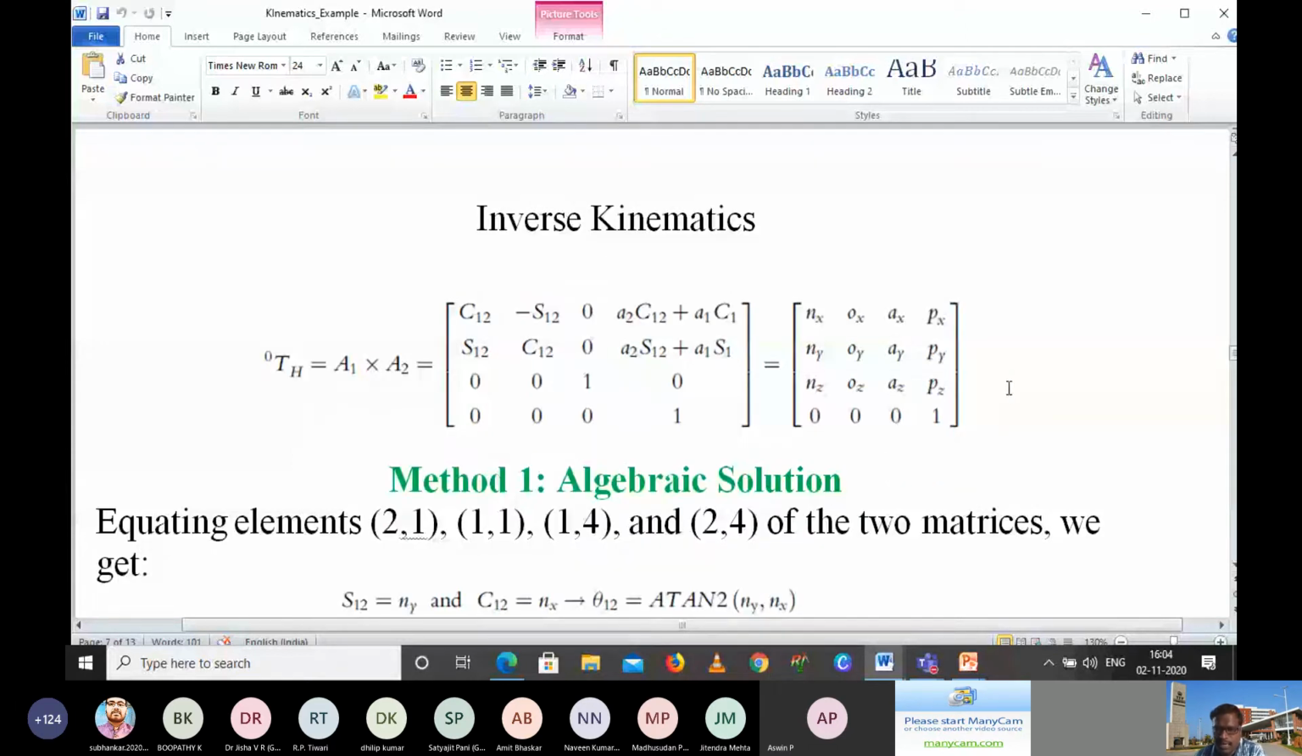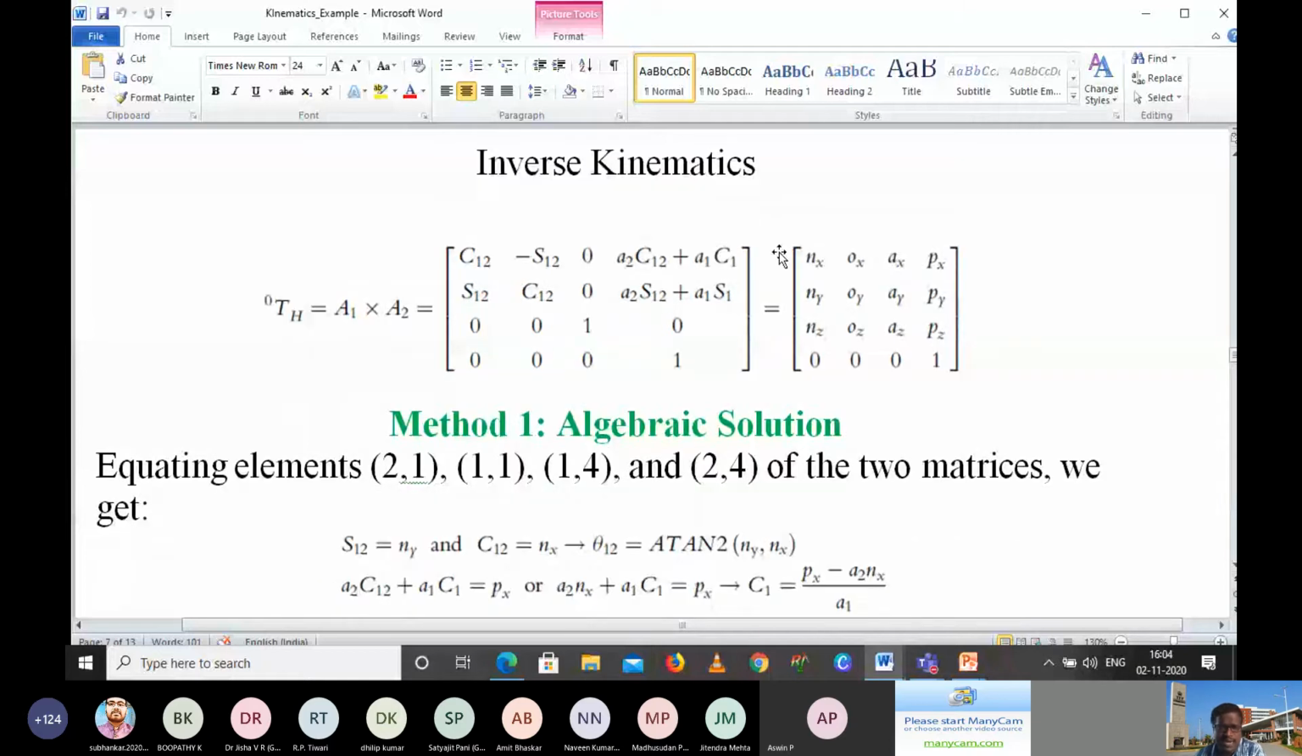One is relating the final answer with our transformation matrix. This matrix, I think I explained in the morning. The first three are related to the rotational matrix, and the last one is related to the translational matrix. This is not for 6 degrees of freedom, this is for only a 2 degrees of freedom robot. You know that 0 to H means from the reference to the hand, where 0 refers to the reference and H is related to the hand. From the base to hand, what is the transformation matrix? So we got this 2 degrees of freedom matrix, and this is our final